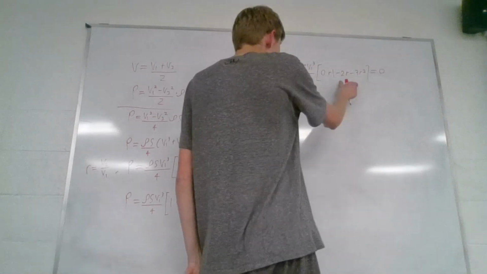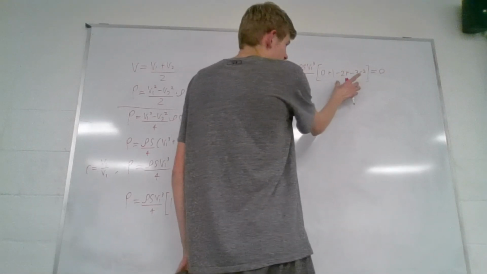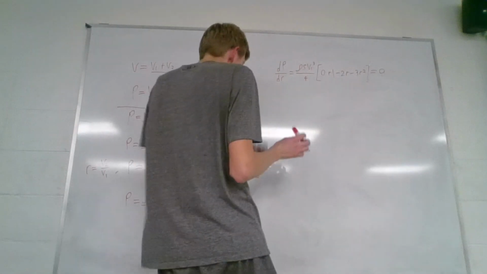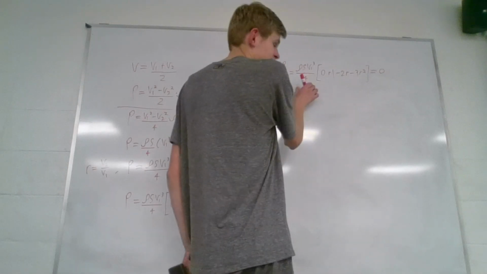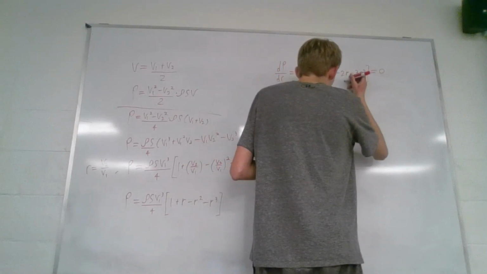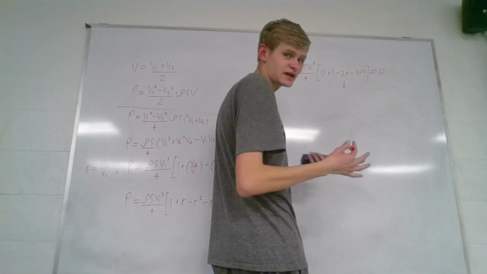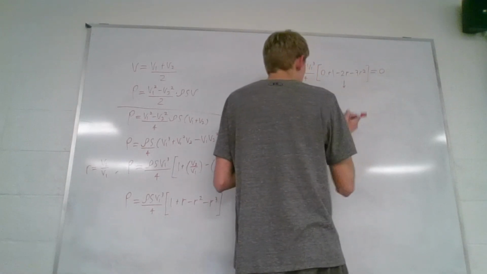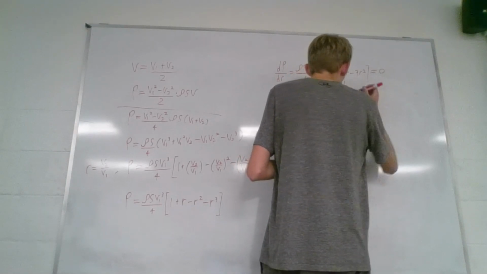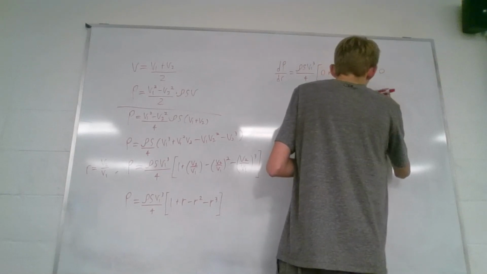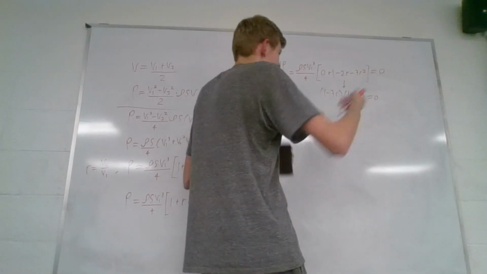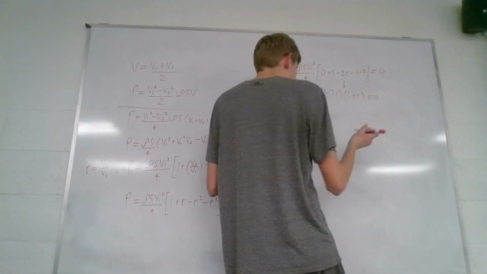So what we can say now is that we can bring these variables in this bracket down and try to figure out what the root is going to be, because these are just constants. And we're not going to include those when we're trying to find our root. So we're going to bring these down, and we're going to get a new set of variables: 1 minus 3r, and then 1 plus r equal to 0. And since we don't want this one, because that's going to end up with our r being negative, we're going to have an r value